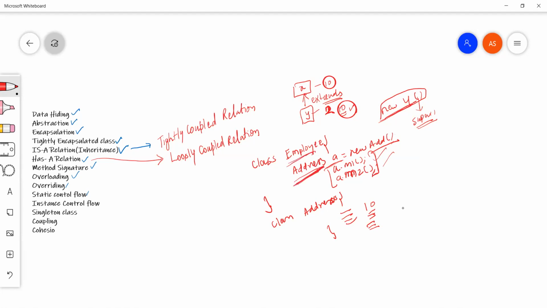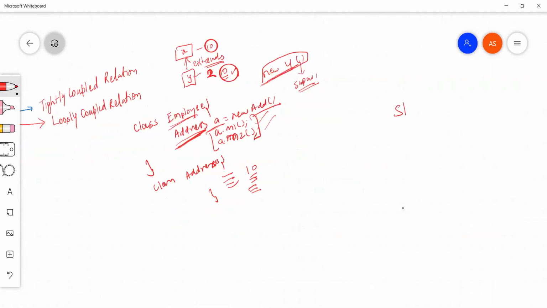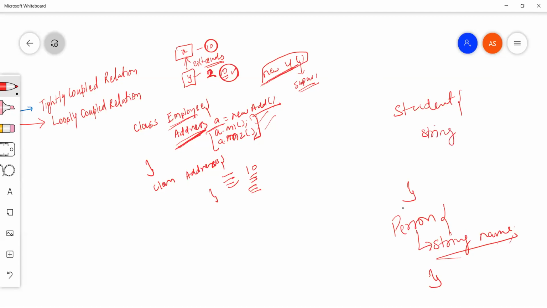Employee has an Address. We have seen this earlier as well, like a student or a person. Person has a name, or let's say I have String name here. Student has a name, isn't it? This is the same thing we are doing from the last few days.